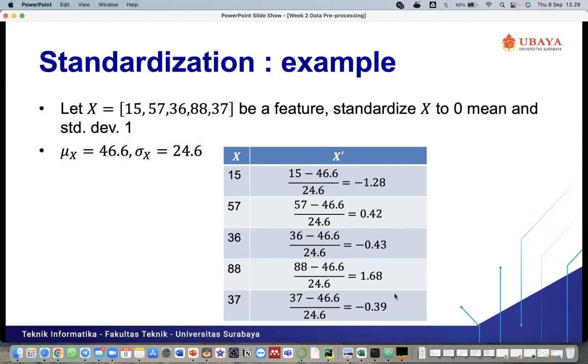So we can just use standardization if we don't know whether our data contains outliers or not. So we don't need to do the noise removal or outlier removal first. But actually, if we use standardization, then we also remove the outliers. It will be okay. So if we compare standardization with min-max scaler, standardization is more robust to noise.